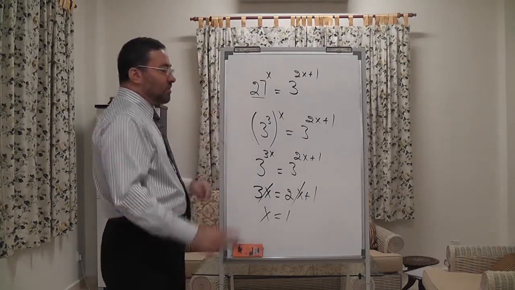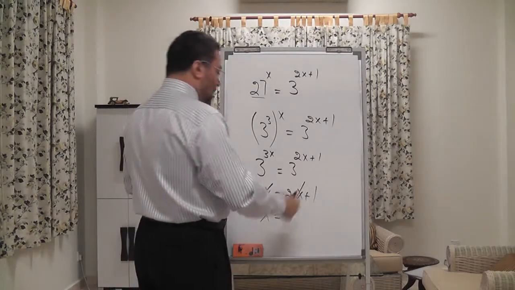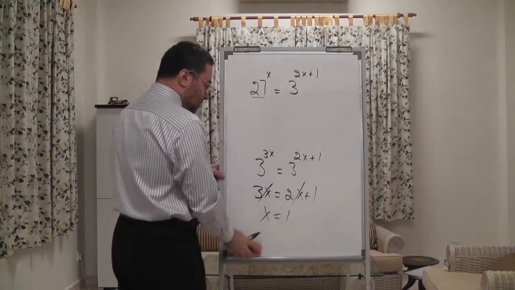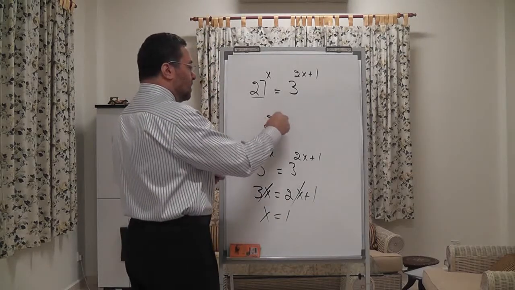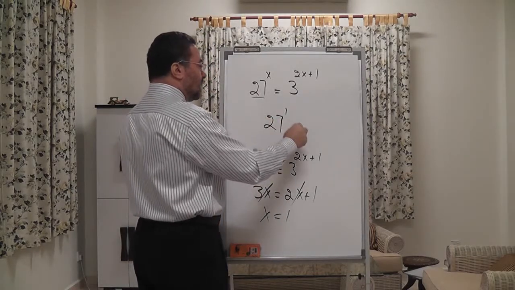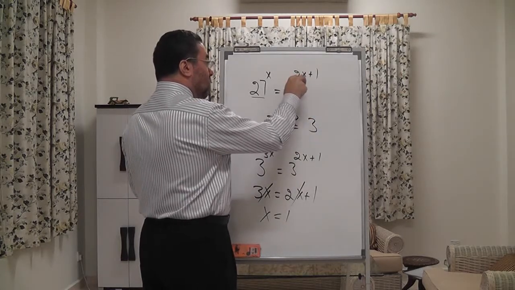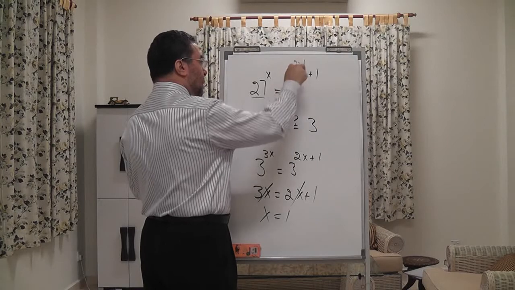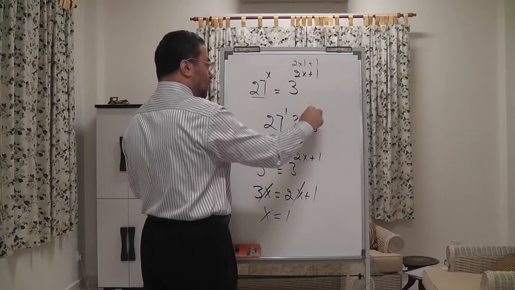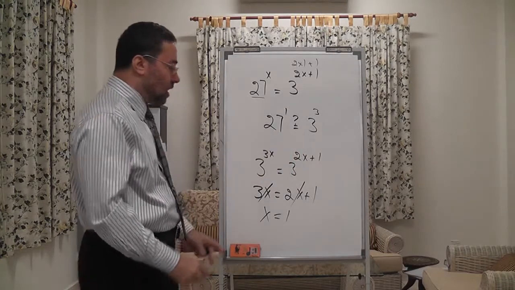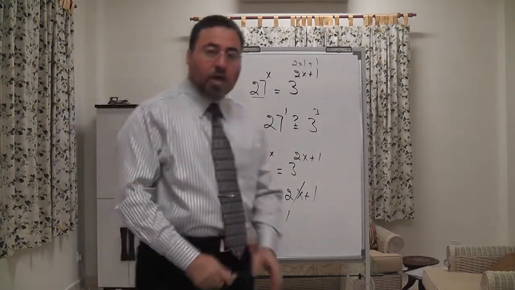So when 27 is raised to 1, let's do a quick check. 27 raised to power 1. Is it the same as 3 raised to power 1 times 2 plus 1, and that's 3. And here we get 27 equals 27, and our work is correct. And with this we come to